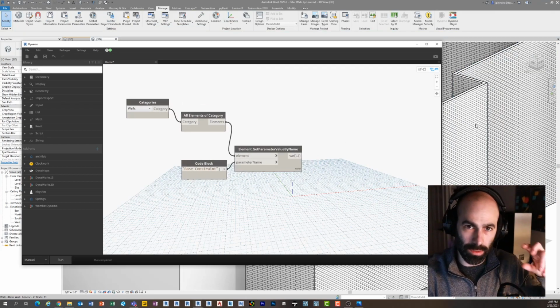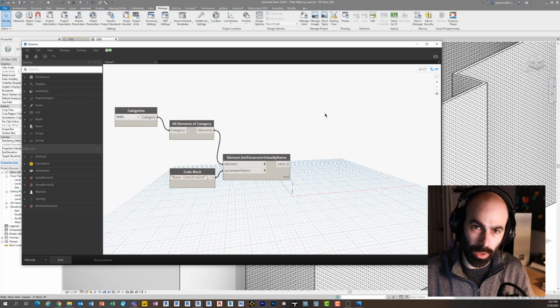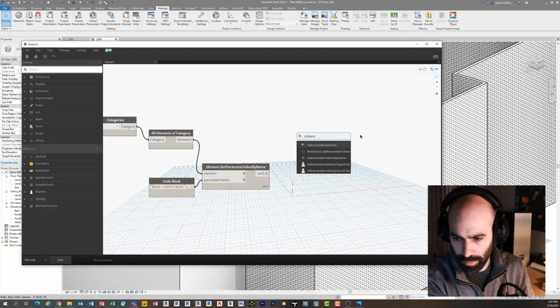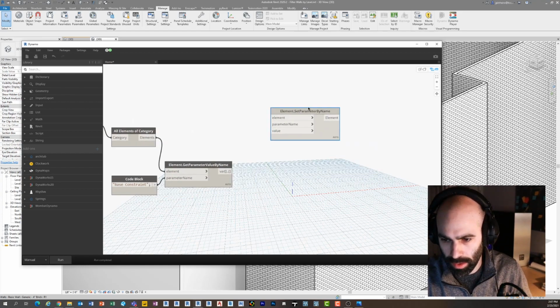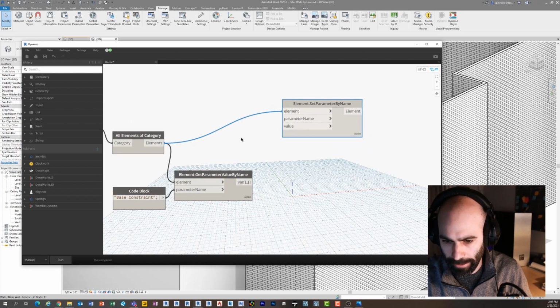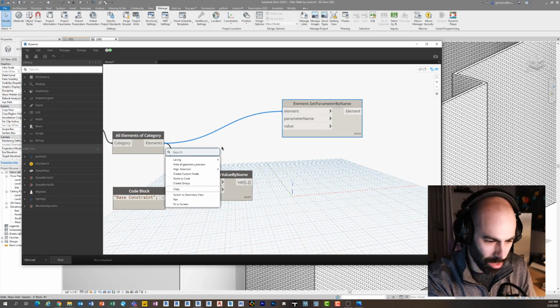When you think about the steps, it was select it, look at it, and then place the parameter in there. So in order to place a parameter, we use get parameter value by name to extract or view a parameter. Now we're actually going to place it. So we use set parameter value by name, or set parameter by name is the actual node. So the elements are easy. The elements are the walls, right? The parameter name, we know because we created it. It's actually called wall